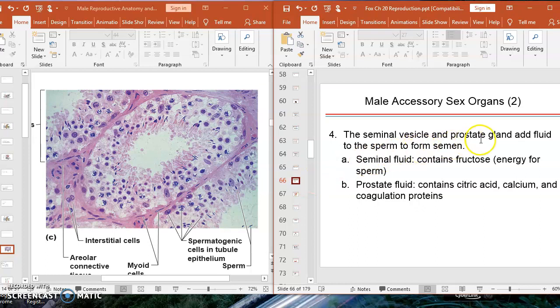Seminal vesicle and prostate gland add fluid. The seminal vesicle adds 70% of the fluid to the semen, and the prostate gland around 30%. The seminal fluid contains fructose, which is your energy source, and the prostate contains citric acid, calcium, coagulation proteins. The coagulation protein is generally called vesiculase. And remember, the coagulation is important when the person ejaculates. That particular semen should stick on the vaginal sidewall, and then fibrinolysin will dissolve the vesiculase,